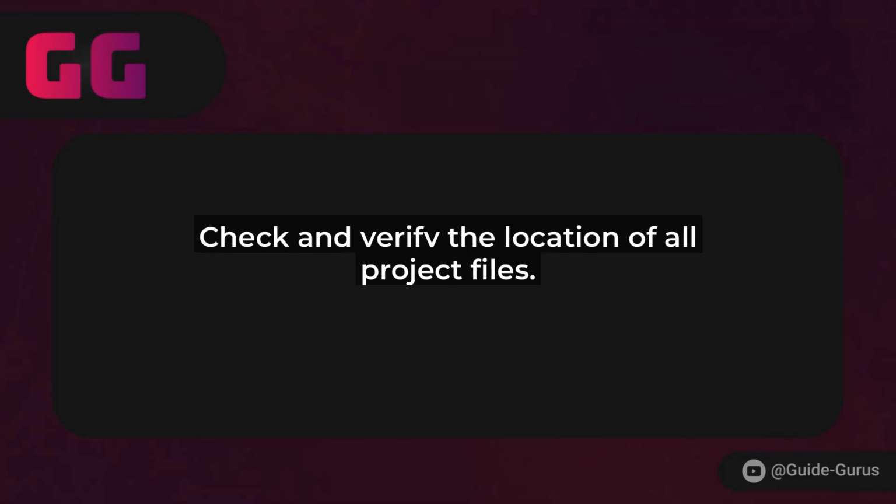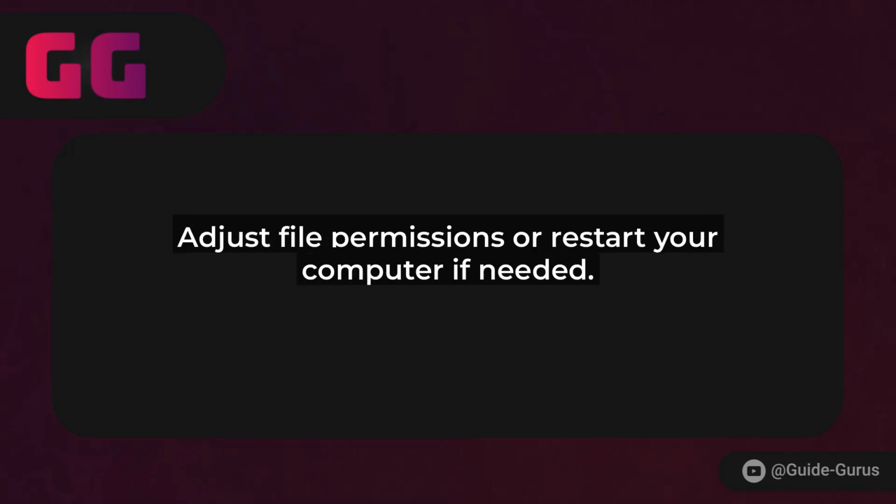If you're dealing with permissions, right-click on the file or folder, go to Properties, and adjust the security settings to allow full access. If that doesn't work, try restarting your computer and reopening Sony Vegas Pro. It sounds simple, but it clears temporary glitches. You can also run a disk cleanup or use the built-in repair tool in Vegas Pro if available. For more persistent issues, disable your antivirus temporarily while working on your project, as it might be interfering. And if all else fails, consider reinstalling the software or checking for hardware updates.